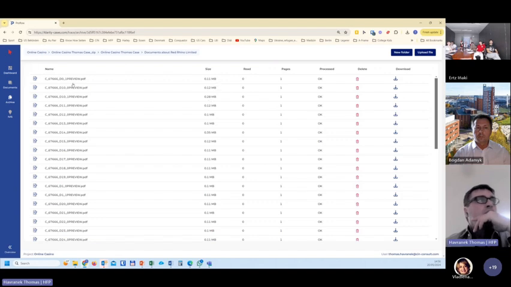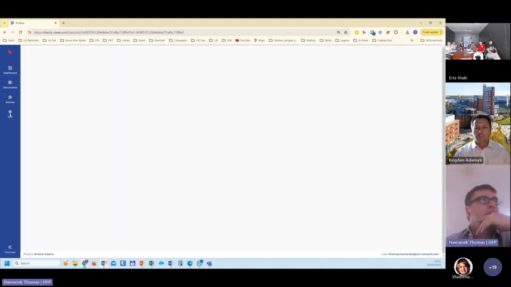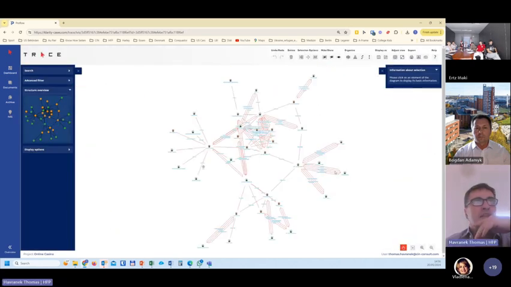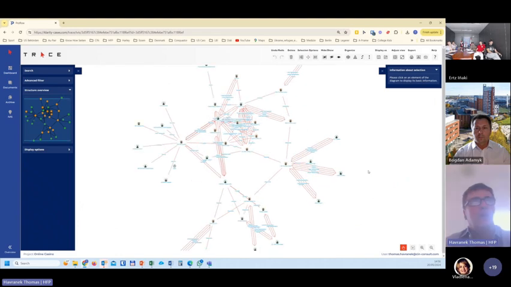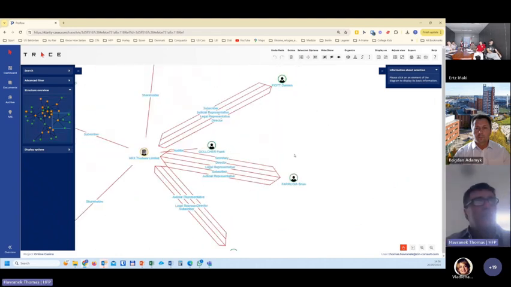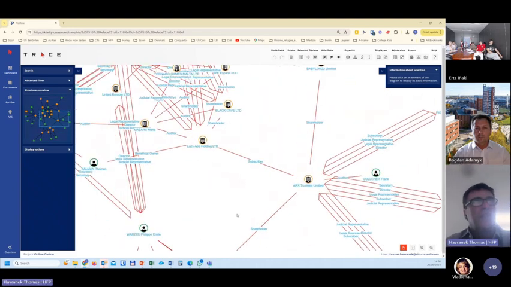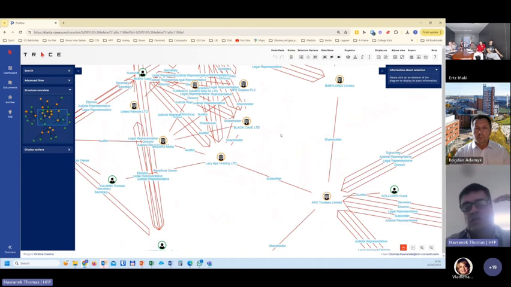So if you go into the single files, you see the size of each document, you see how many pages it contains, and if it was processed or not. And then in Iris, that's the visualization tool. What does that do? It visualizes all the data that has been confirmed